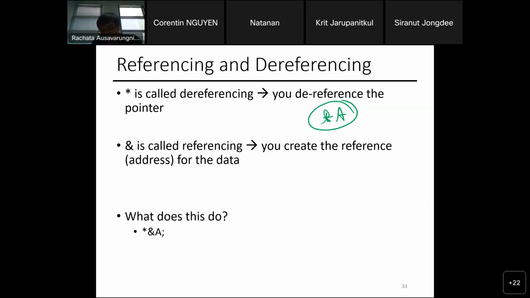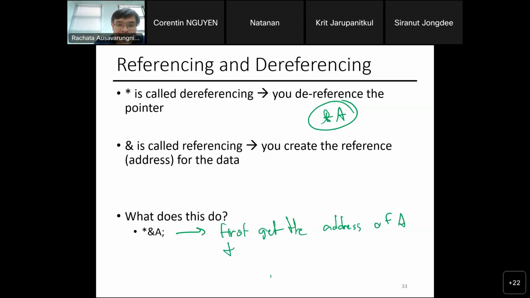You first reference A and dereference it back. It doesn't really do anything, to be honest. This deals with the address. For example, you create the address and you say, hey, let's get the data from that address, right? First, get the address of A, followed by getting the data of this address. So star ampersand A is going to equal A.